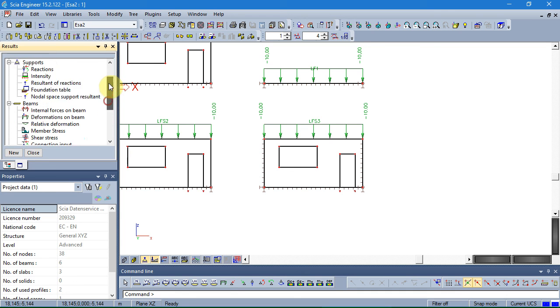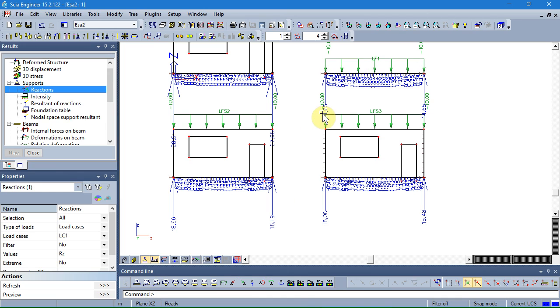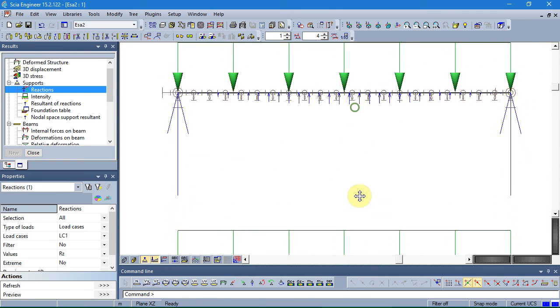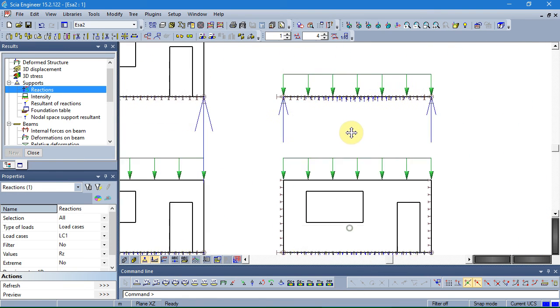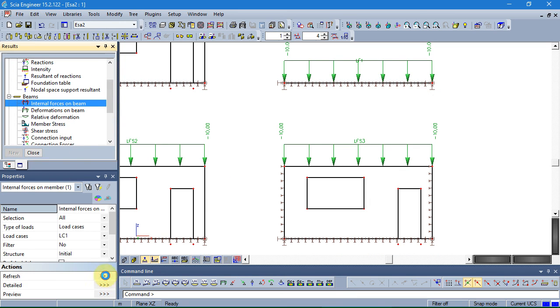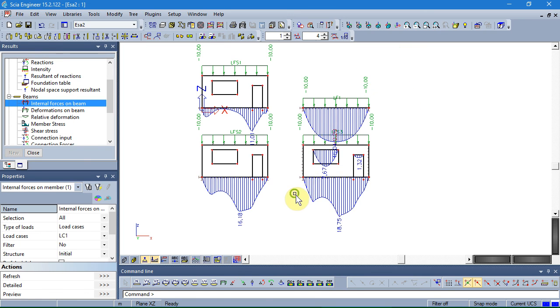Results. So first check the reactions. You see 14, 18, 16, bending moment 1.6, 1.6. Oh, this is the reaction. And look at the bending moment. 18, 16, 16. So it's nearly the same in all models.